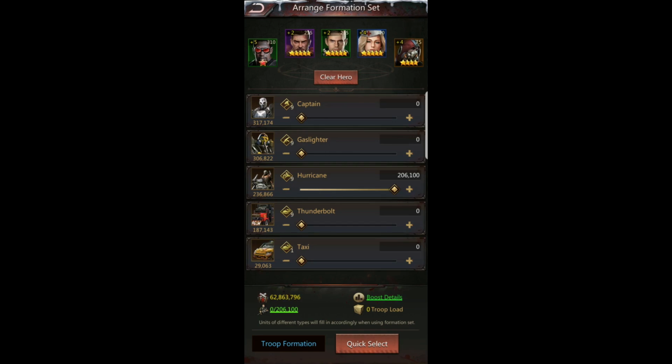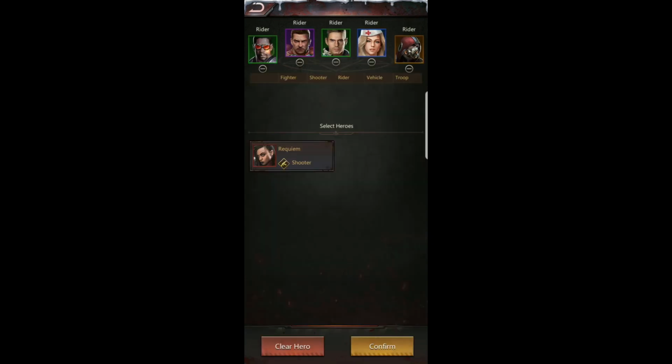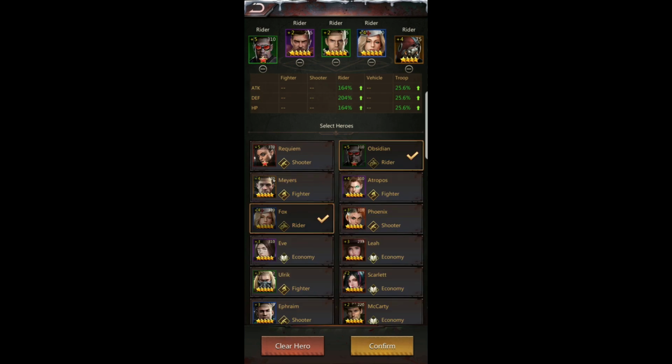So for instance, this is my rider base, and as you can see, I have rider, rider, rider, rider, rider. All 5 heroes are rider based, and of course you might not be able to have this if you don't have the correct heroes for it. But I can tell you that there are at least 5 of each type,